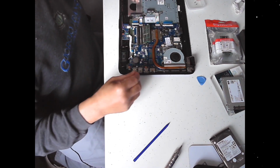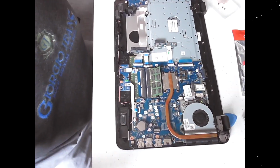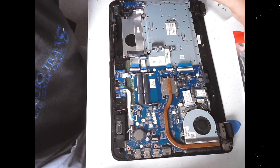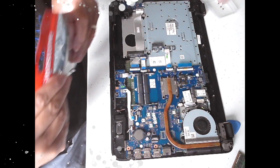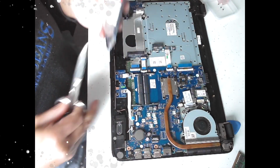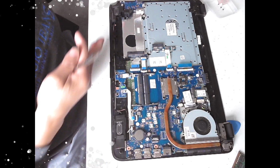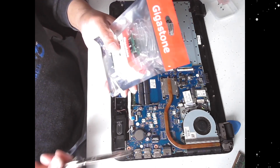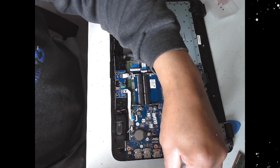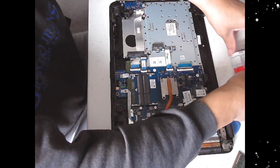we're going to swap out this RAM. So here we go. So I'm getting this in a bit closer. There we go. So I'm taking out this 8 gigabytes of RAM, and I'm now actually going to put in the 16 GB kits. That's one of the reasons why I opened the laptop, because I wanted to see what memory I had in it. As you can see, I've cleaned out all the ports. So we're going to open this up. And we're going to put